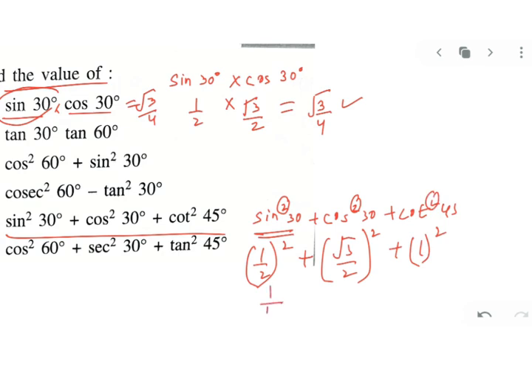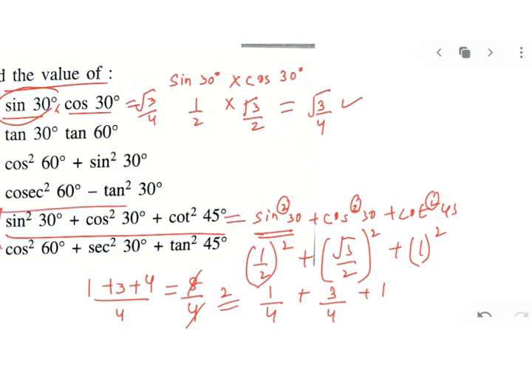You have to open the things and it will be something like this. Take the LCM. And once you get the LCM, you have to reduce and get the value. So your answer for this equation is 2. Clear? Similarly, you can do all these things, and if you still cannot get it properly, you can ask me.